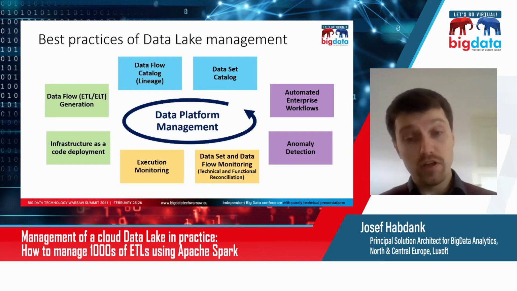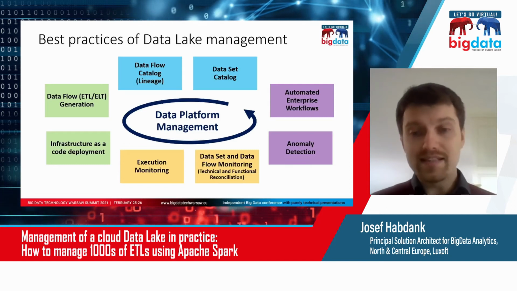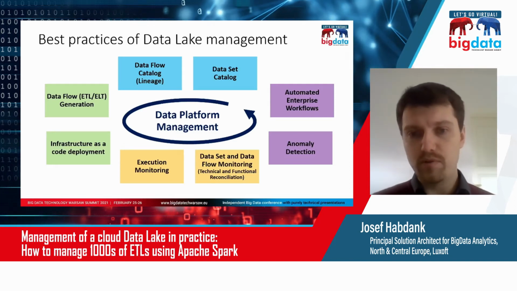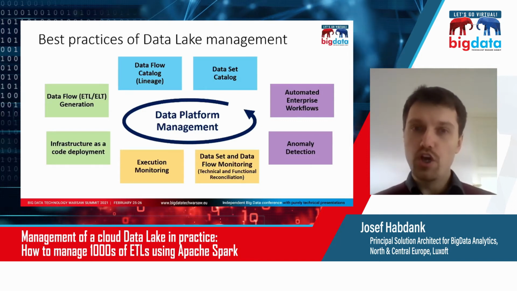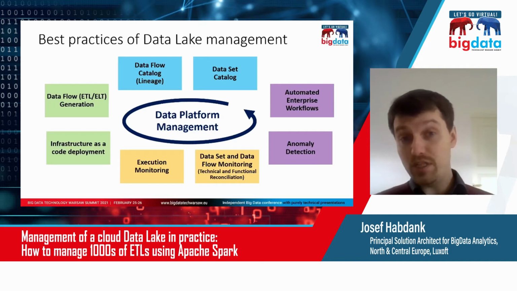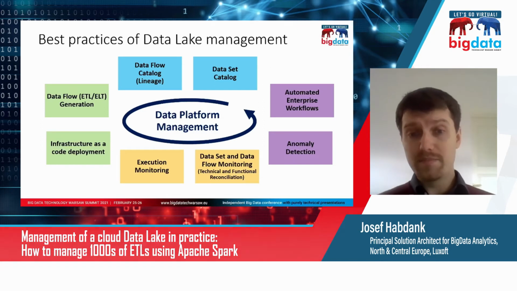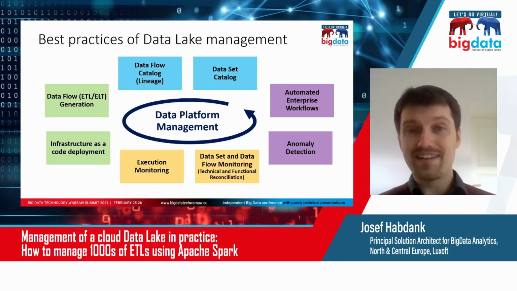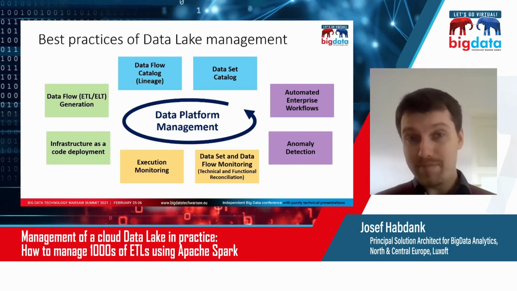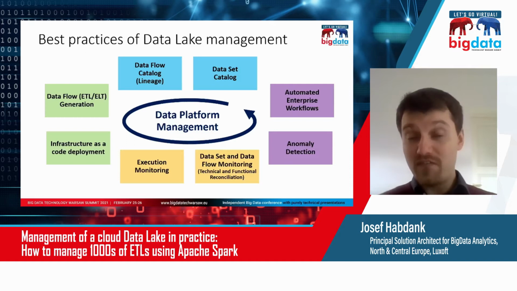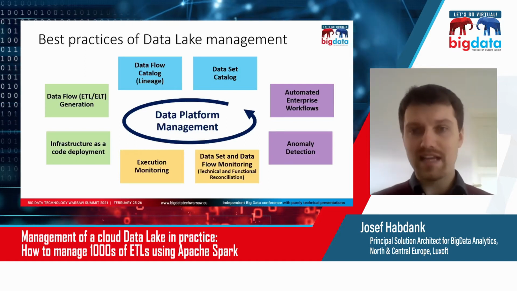And the thing that many people forget, which I think is perhaps one of the most important parts, is data set and data flow monitoring, which some people call technical and functional reconciliation. It basically means some sort of quality assurance as proof that the data is not being lost or corrupted on the way. I have a slide on this later. In Germany, there's this saying of watermelon systems, where it's green on the outside but red on the inside, which means you have failures without knowing that there are failures, and that element tackles this.